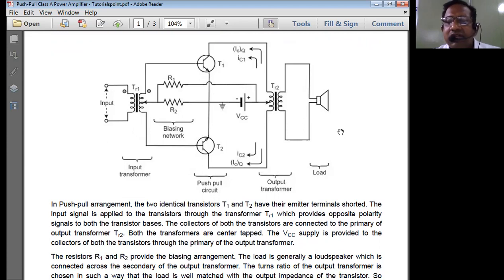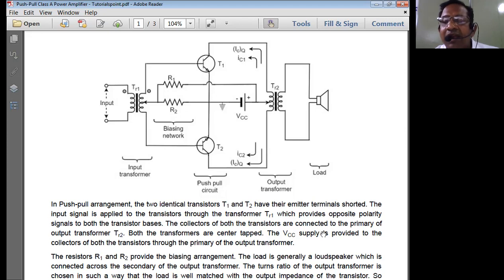But still the efficiency is not as good as the class B push-pull type of power amplifier. The efficiency is a little bit more than 50%, but not reaching the efficiency of class B push-pull, which is 78.5%. So this is a special case of class A we can discuss to achieve an efficiency of more than 50%. If people say that they want to use only a class A power amplifier, and they compulsorily want the efficiency to be more than the 50% obtained in the class A transformer coupled amplifier, then the only option left is a push-pull type of class A power amplifier.